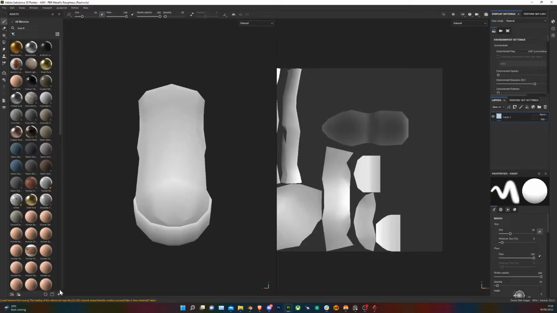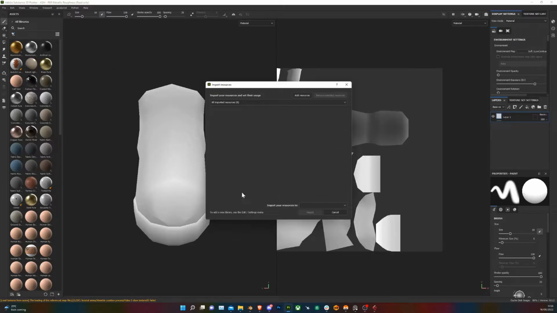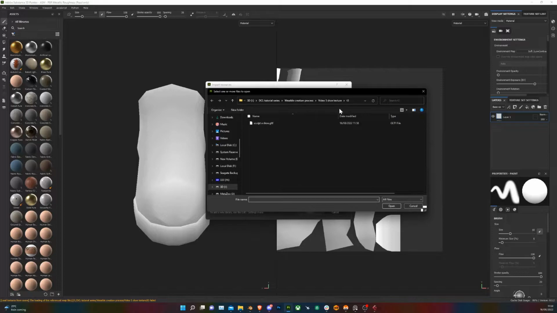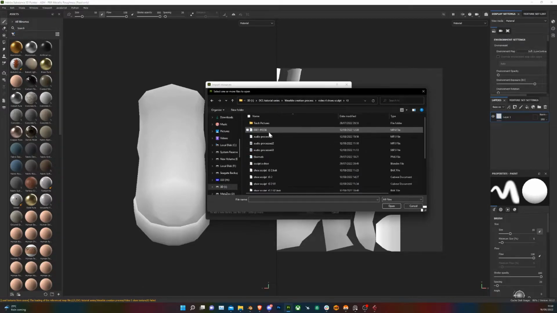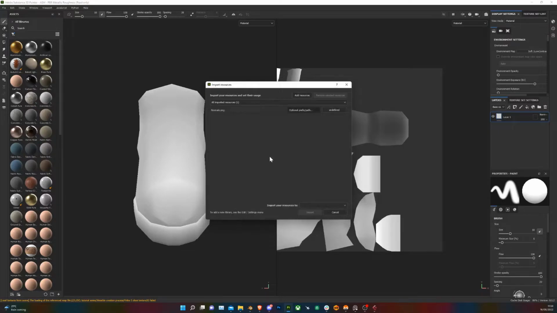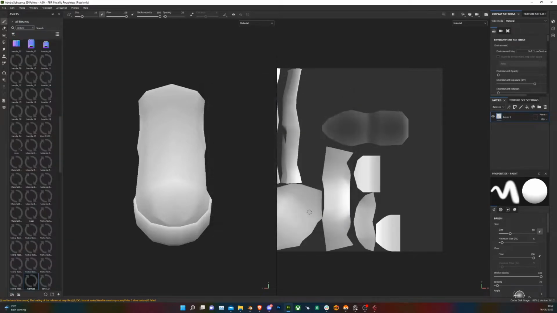And another thing we want to do is click this arrow down here by the assets, add resource, and we need to find that normal map that we saved in the last video. Define that as a texture, and we just want that in this project. So import,